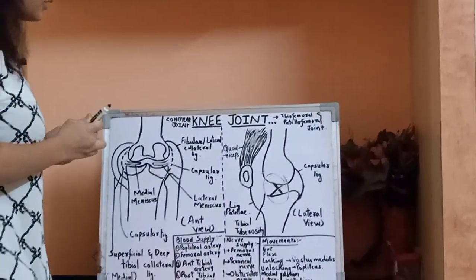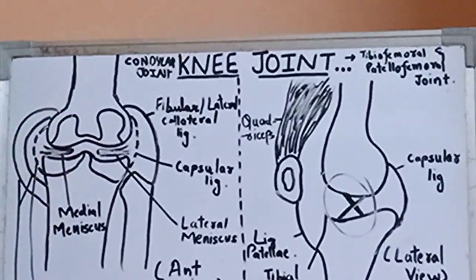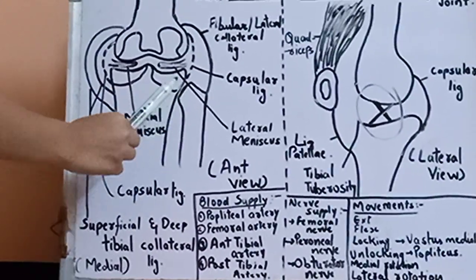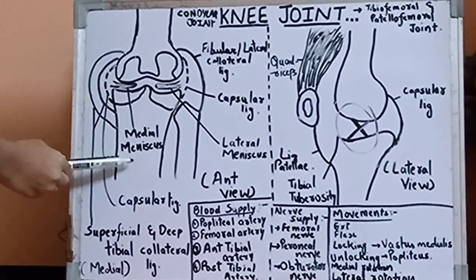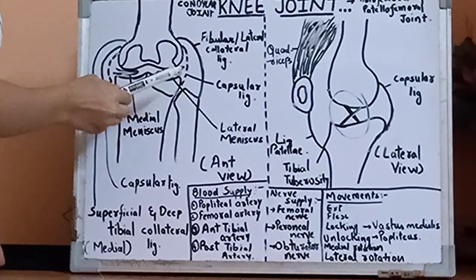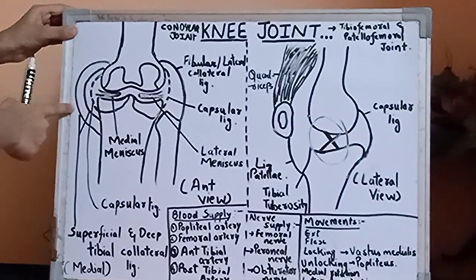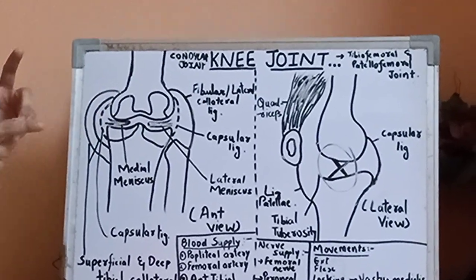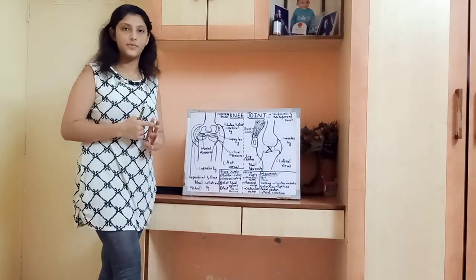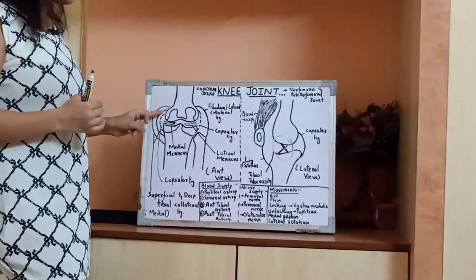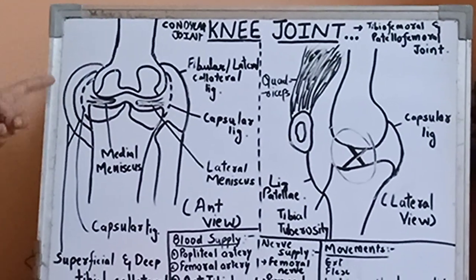Right, so this is the interior view of the knee joint. Here this is the medial portion, this is the lateral portion. This is femur, tibia, fibula. Here there is the medial collateral ligament. There are 2 layers of the medial collateral ligament: one is the superficial layer, the other is the deep layer. So one is the superficial collateral ligament, the other is the deep